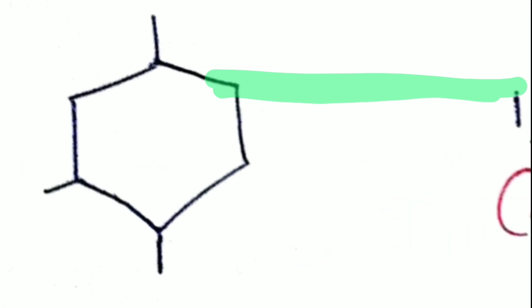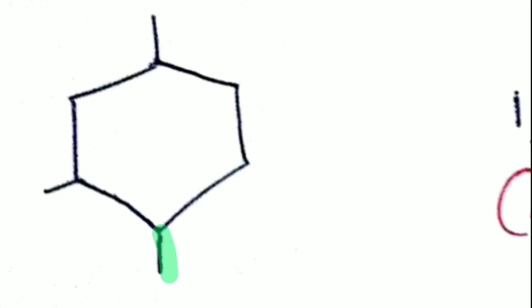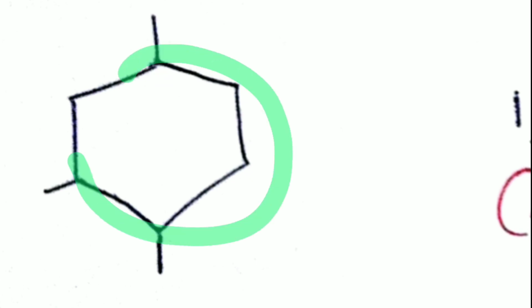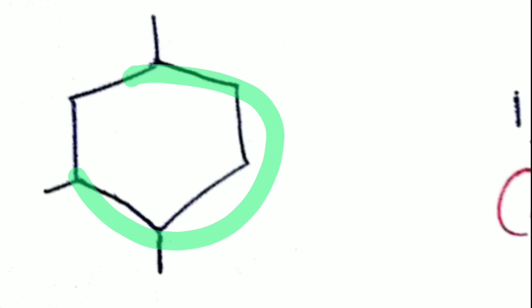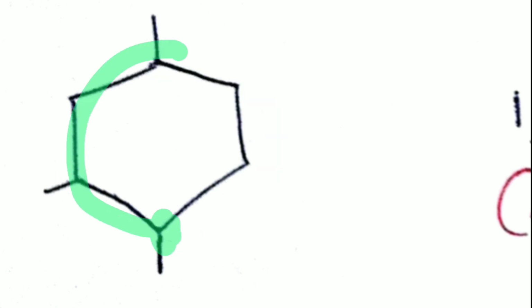What about this compound? This also has a cyclohexane in it and it has a methyl group here, here and here. So if we start our numbering from the clockwise direction, we're getting locants as 1, 2 and 4. And if we start our numbering from the anti-clockwise direction, that is like this, we're getting our locants as 1, 2 and 5. We're talking about the lowest locants here, guys. So 1, 2 and 5 are the locants in the anti-clockwise direction, whereas in the clockwise direction, the lowest locants are 1, 2 and 4.